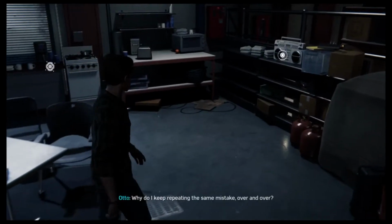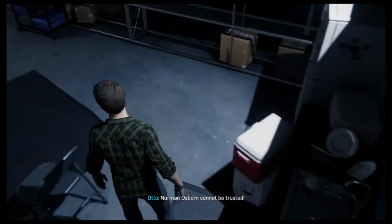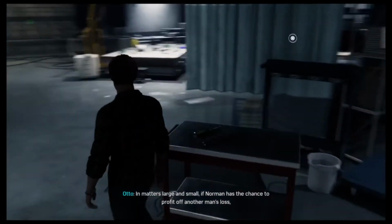Why do I keep repeating the same mistake over and over? Norman Osborn cannot be trusted. In matters large and small, if Norman has the chance...